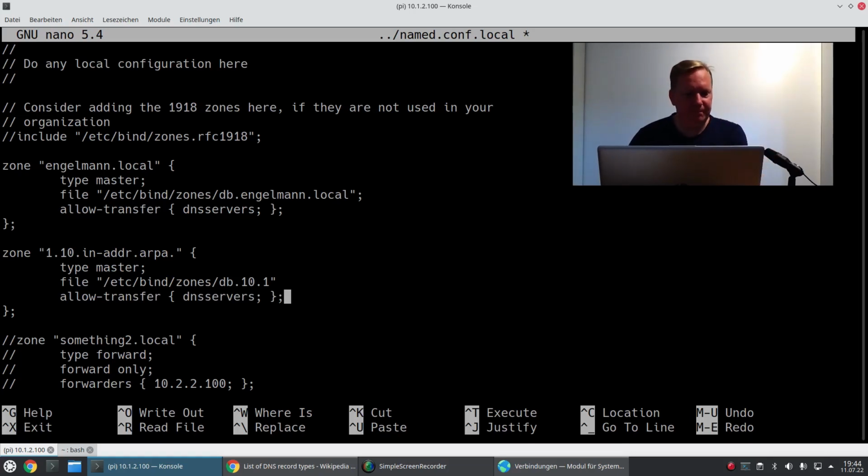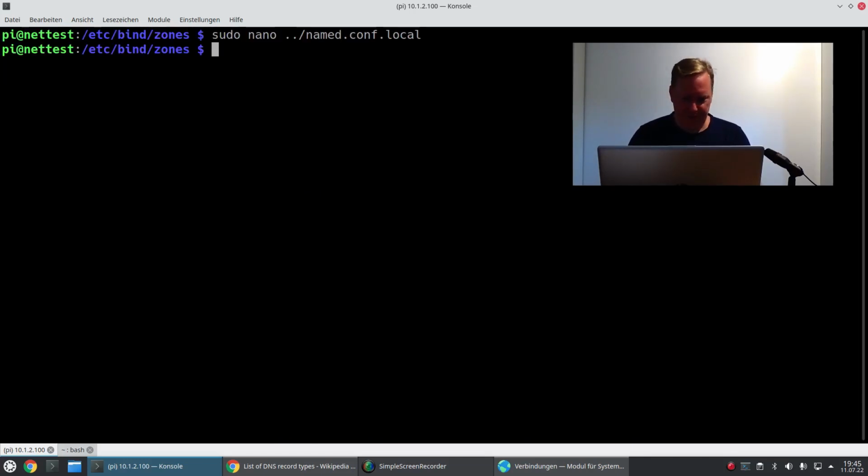And allow transfer. Okay. So you see, when you try to reverse lookup an IP address, what your computer really does is it asks the DNS server for your IP address in reverse order .in-addr.arpa. Okay, so now we create a zone with the start of your IP address, and then put the rest of your IP address as entries in that zone file. So for example,